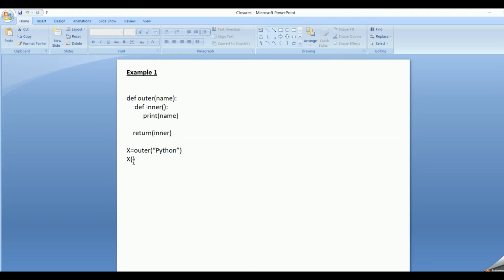At this point the outer function has returned the value and it has stopped execution. Now with the reference to the inner function, I am calling my inner function. Since x is having inner, I am calling my inner function, and it executes and prints name.